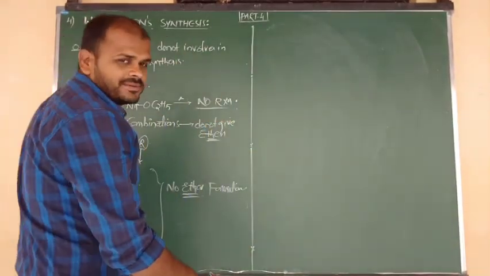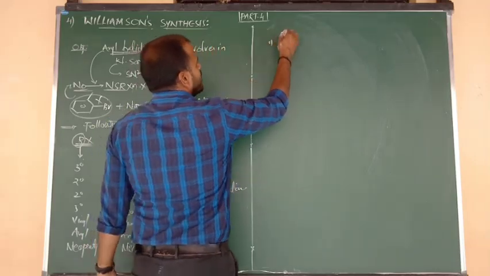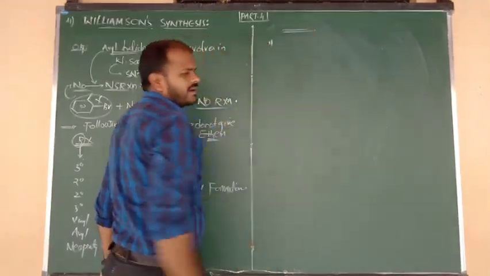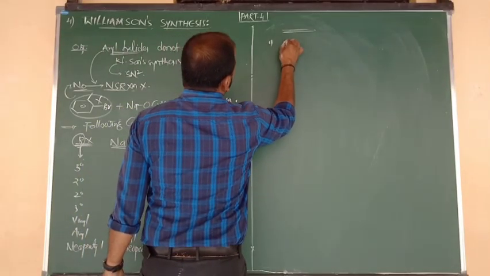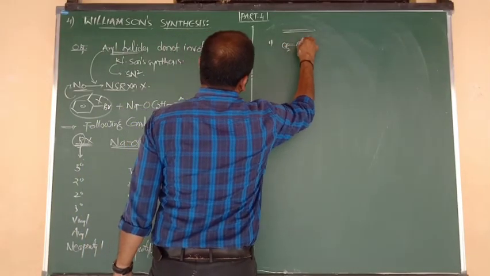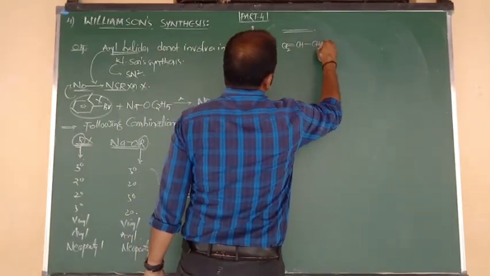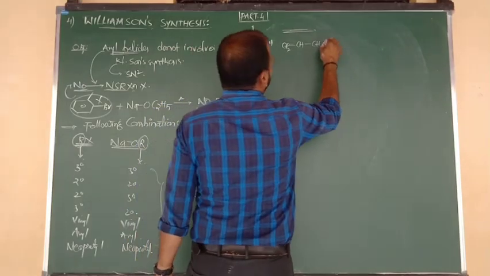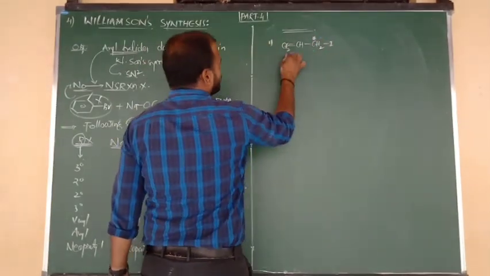Okay, question number 1. Complete the following equations. Like that I am going to ask you. So the question is CH2=CH-CH2-I. Understood? Again, suppose it is bonded to CH2, and again bonded to I. What is the name of this carbon? Allyl carbon. Allyl iodide.